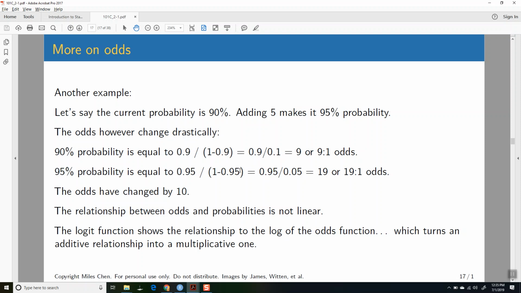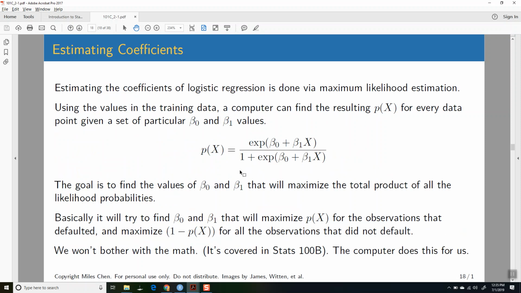The log function changes the relationship between adding and multiplying and switches those around. So it's weird. All right, so anyway,